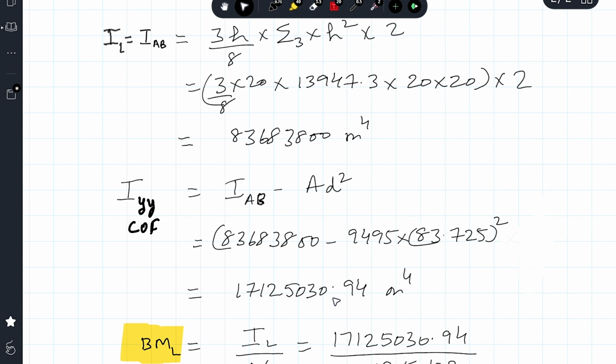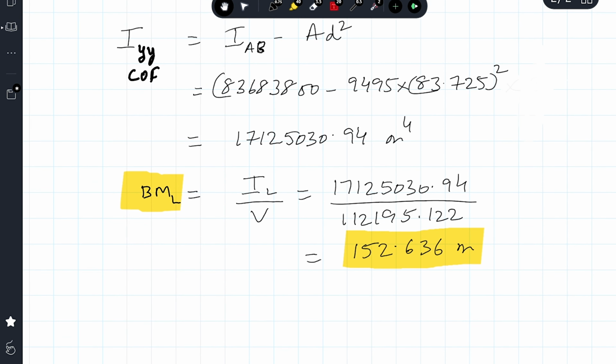This is the longitudinal moment of inertia about the axis which is passing through center of rotation, because this moment of inertia is to be used for calculating BM. The axis passing through center of rotation